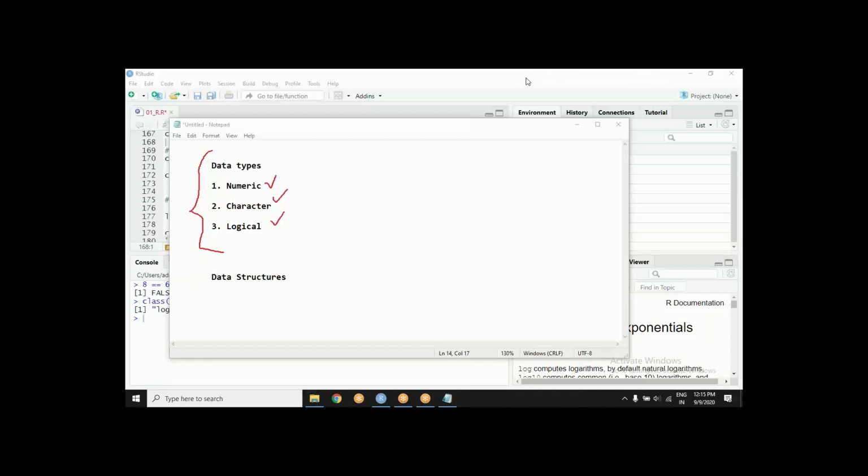When I say numeric, I am taking into account that it can be integer and float both. Both are numbers, no? End of the day, both are numbers. So we are not going into that intricate detail.